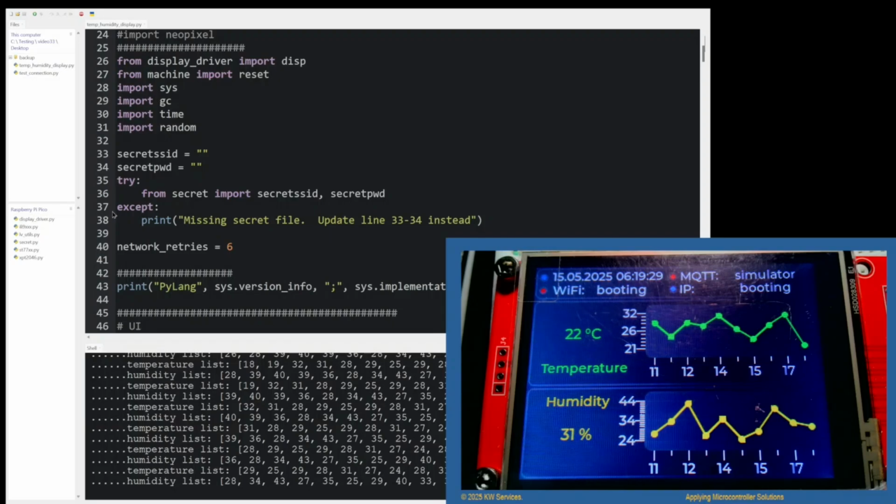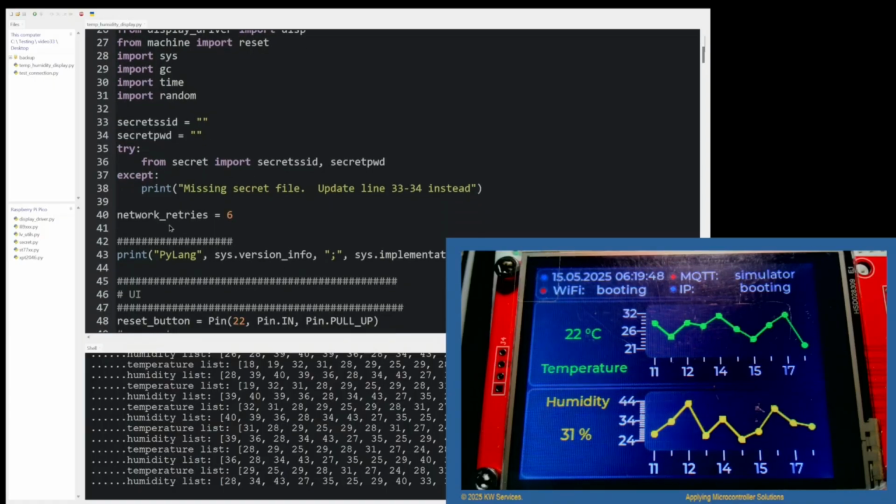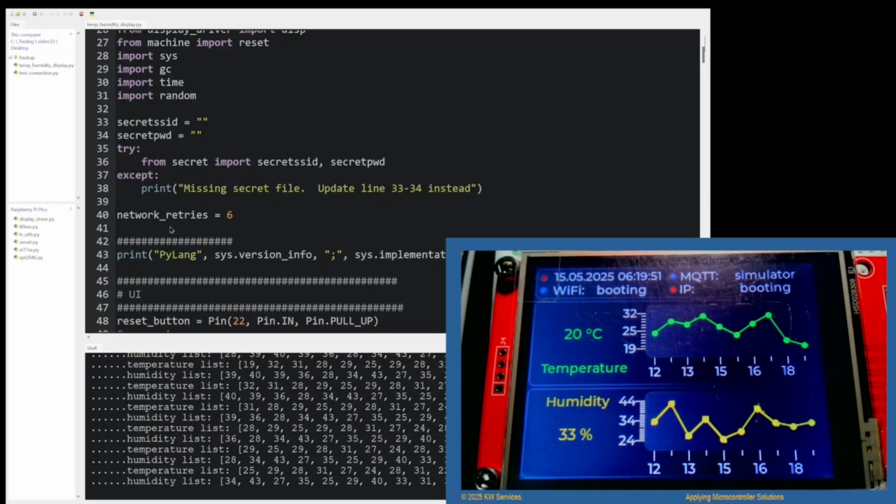Okay, now we come to the code where I extract the secret SSID name and password from your file, secret.py. So if you're missing the file, you could just update lines 33 and 34 instead. The connection to the wireless is a bit temperamental, and so this value is the number of retries before it will fail. If it fails, then instead of using the current date time, it's just going to use a value starting at